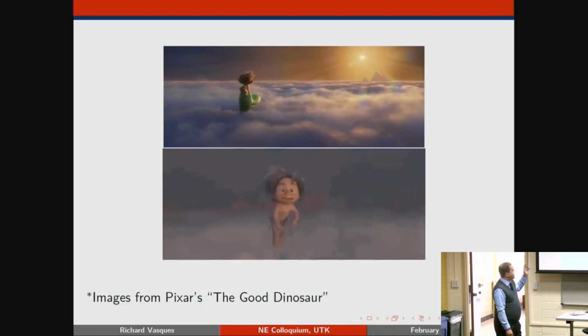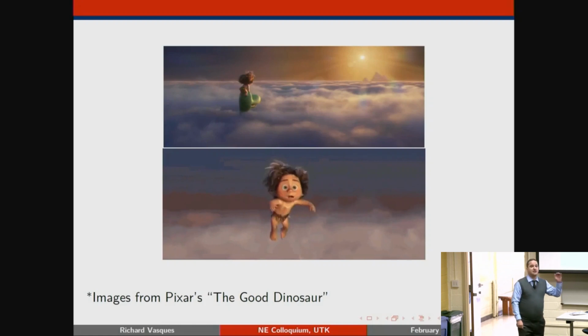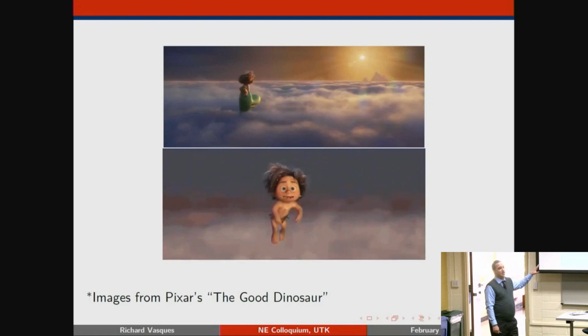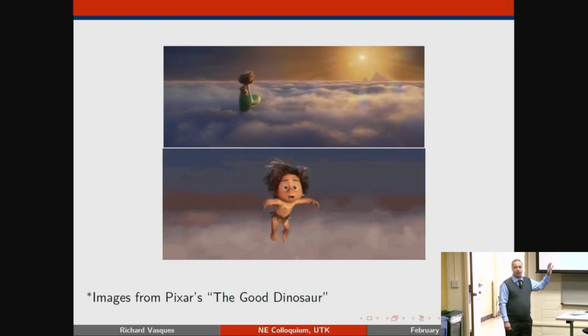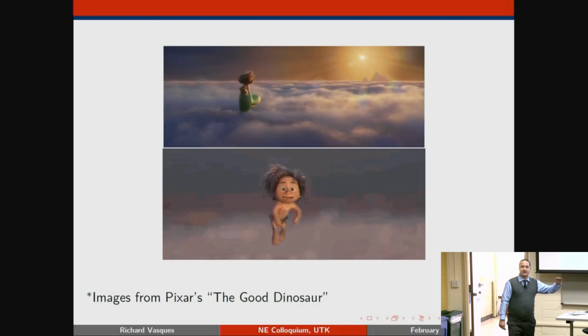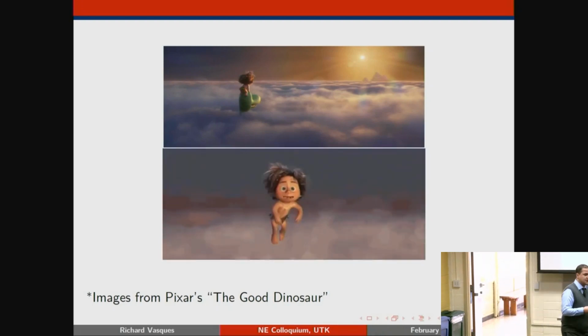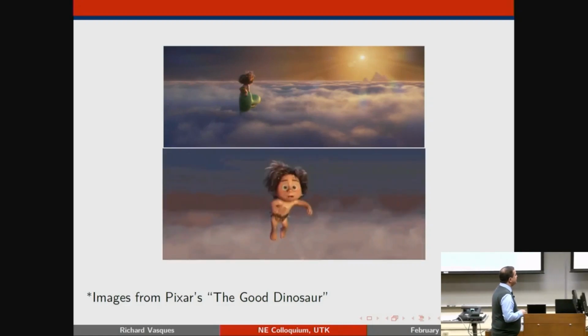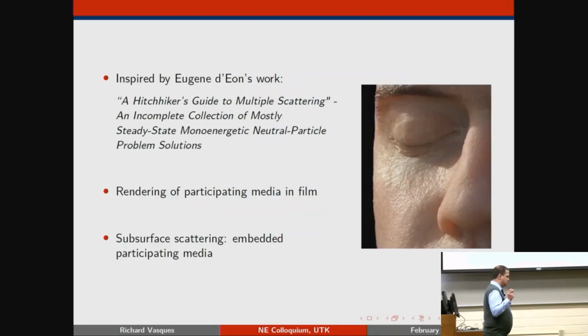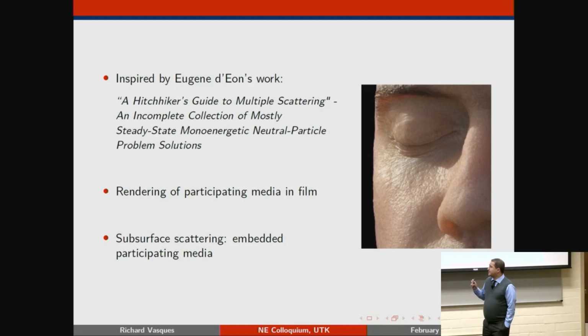This was the first time that they actually did a full physical volumetric-based Monte Carlo code to generate all of the clouds. So all of the clouds in this movie, all of the fog and the foam, are generated by a fully physical Monte Carlo process. And the issue then became, if you go to the CGI community, how can you make this even more realistic? How can you make these clouds and this foam more realistic and more efficient to model in CGI problems? Talking a little bit about CGI and how this comes to be.